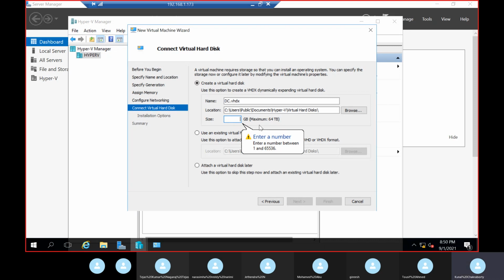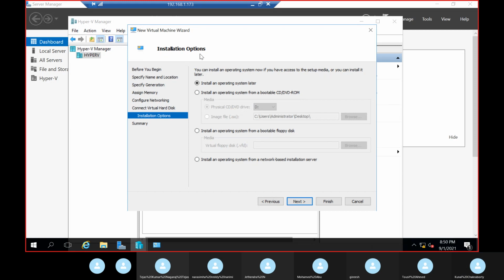This size you have to provide according to the hard disk which you have in your VM. I have 60 GB of hard disk, so I have to give 30. So I will give 30 only. Next, don't think this size is taken from your physical machine. It's not taking from it, it's coming from the VM only. You have to take it from the VM.